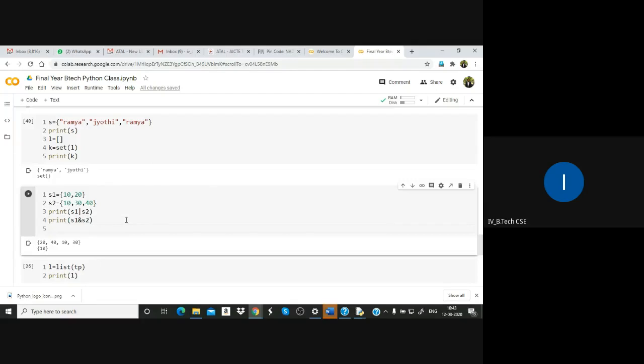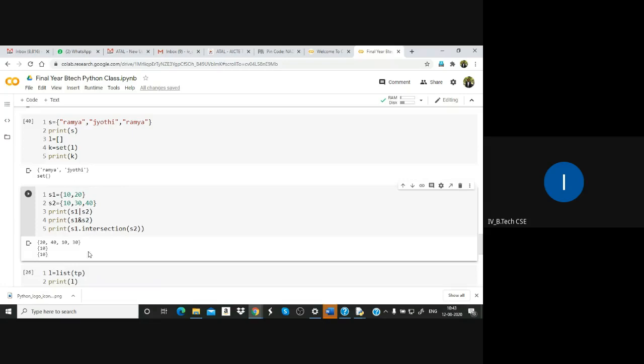You can also use the intersection function, S1.intersection(S2), the bigger one, but the same work will be done. In an interview somebody may ask you, so you have to tell what happened. The intersection function works the same.